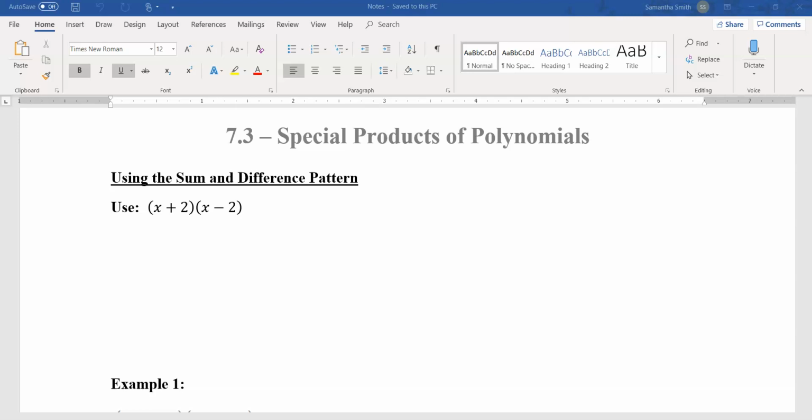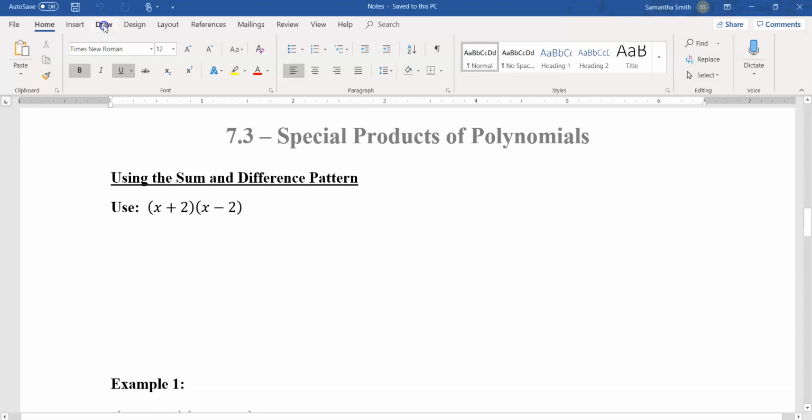Hello everybody, welcome back. Today we are going to be working on the sum and difference pattern. The last thing we did was the powers pattern, so the product of powers pattern. Now we are going to be working on the sum and difference pattern, and it's a little bit different because